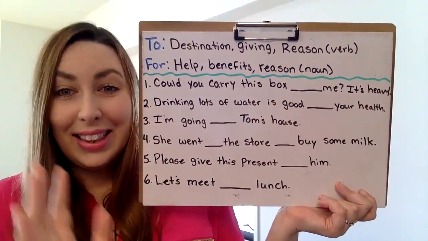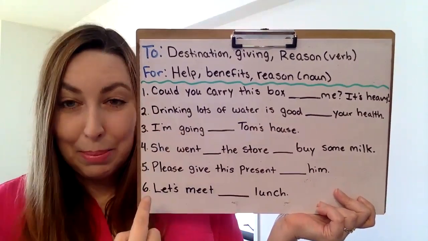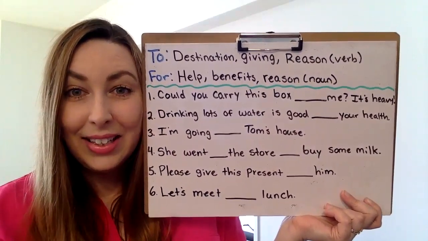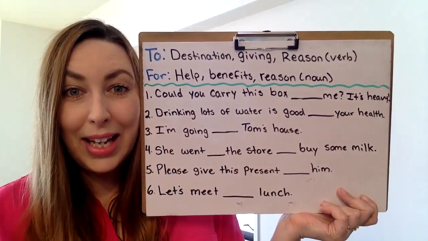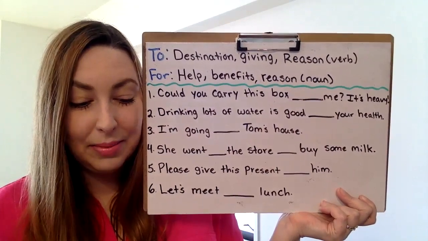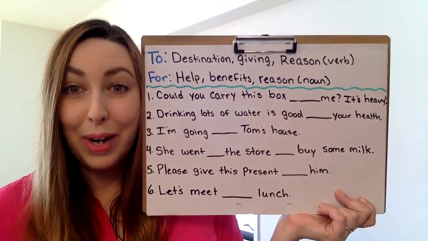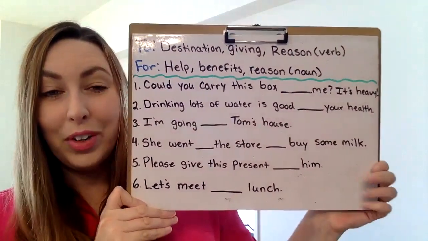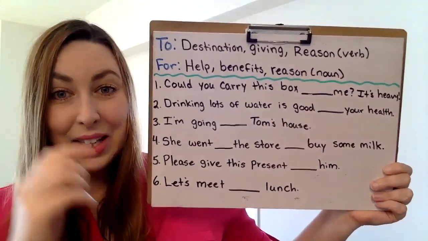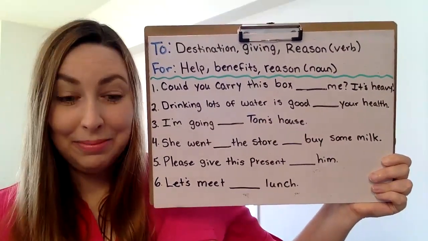So let's get into some examples. We have some exercises here. So you can decide your answer, "to" or "for." You can write it in the comments and then we'll go over it together, okay? So looking at number 1,